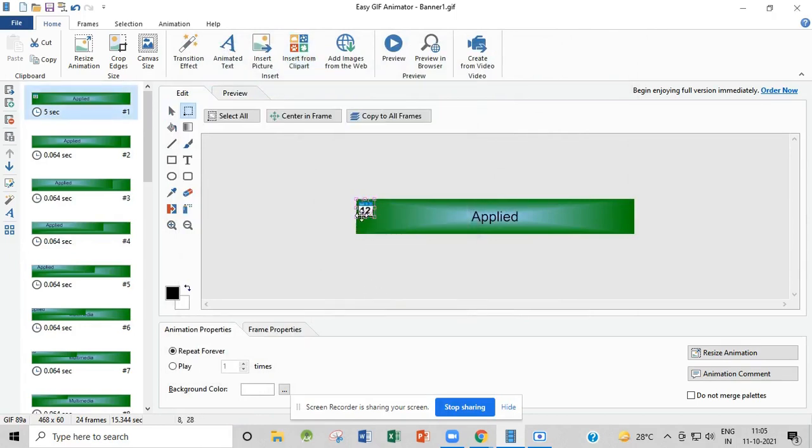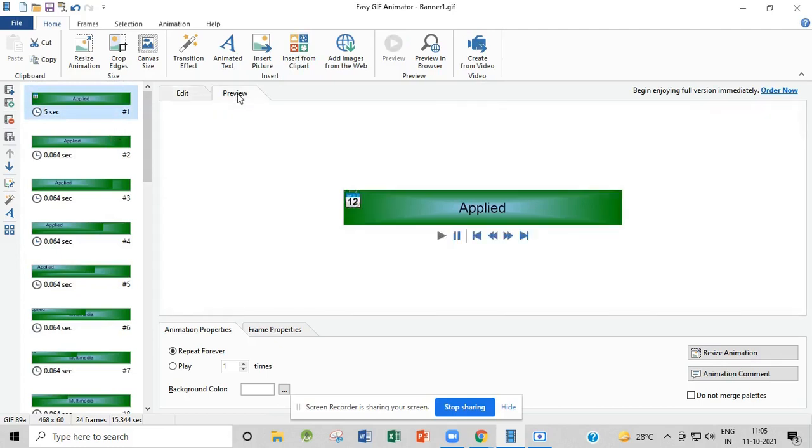See, it is appeared here. Now, if you want to preview that, then you can just click here, preview. See, it will show the first text that is applied, then it is going from right, then the second text is multimedia, and the third text is techniques.